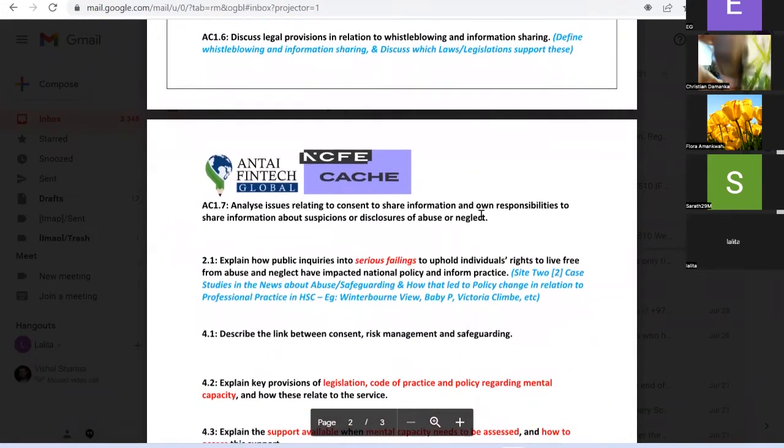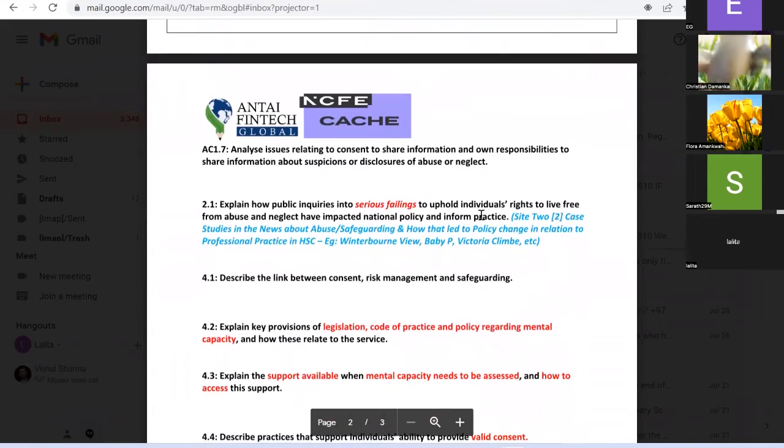1.7, analyze issues relating to consent. This week we're talking about consent on Monday, isn't it? Analyze issues relating to consent, to share information, and your own responsibilities to share information about suspicion and disclosure of abuse and neglect. So you suspect that a service user is being abused,